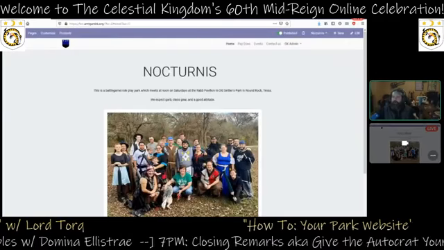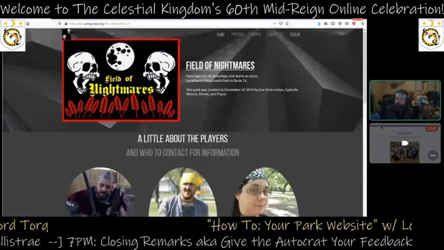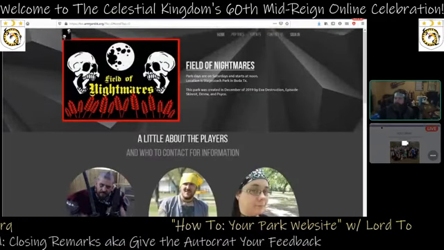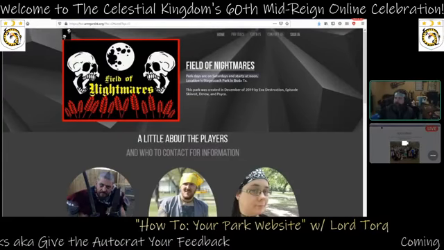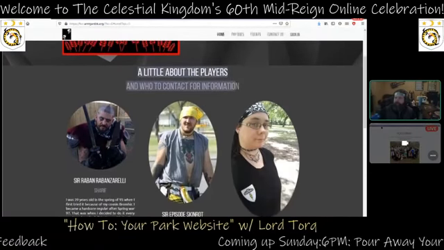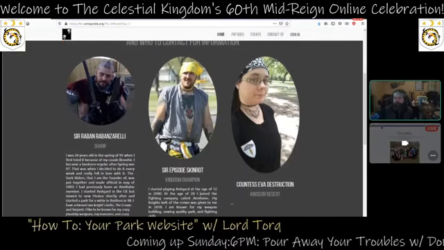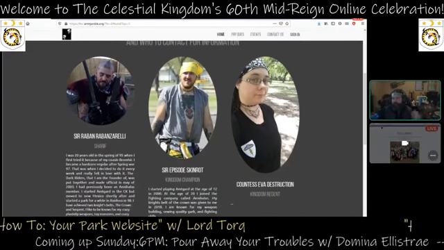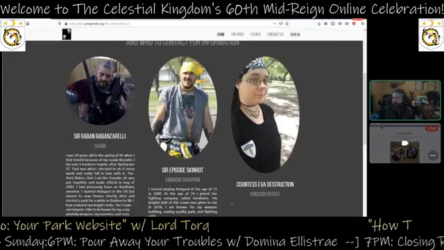So if we open up Field of Nightmares, check this out. They've obviously got their park logo, which is real easy to do. A little bit of details about their park. But my favorite part is about the players and who to contact for information. And they actually go through and show a photo of who their current sheriff is, the champion, the regent,